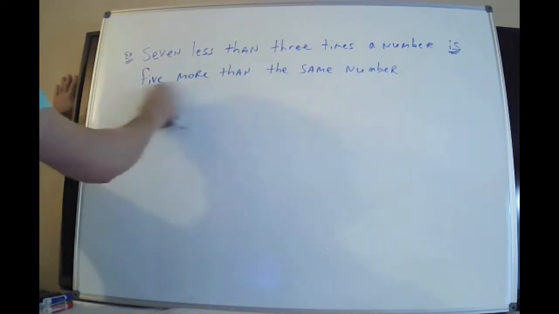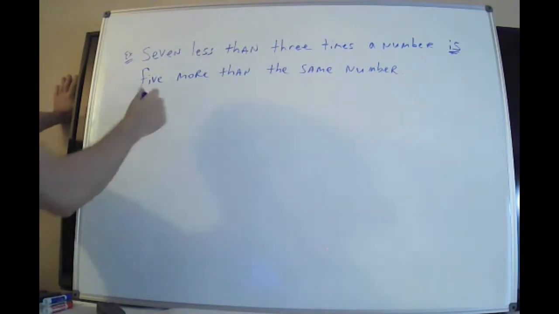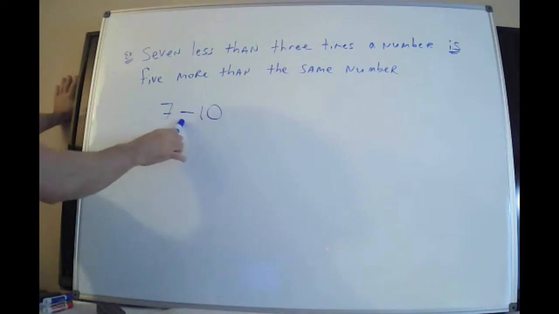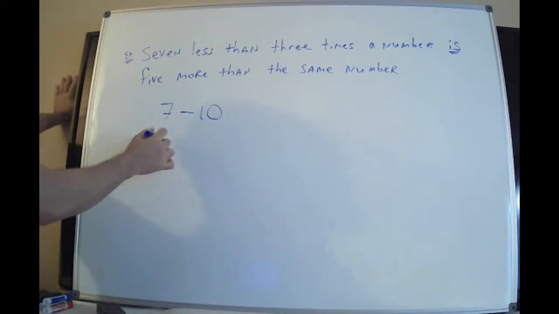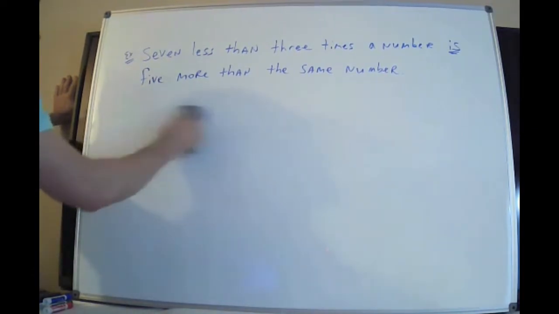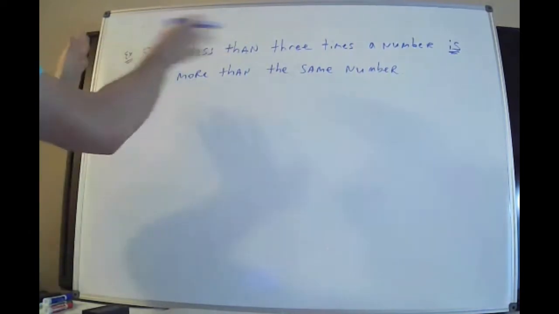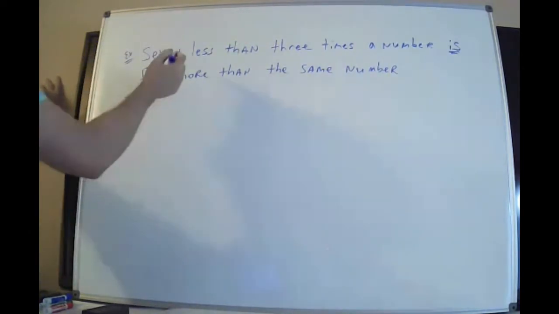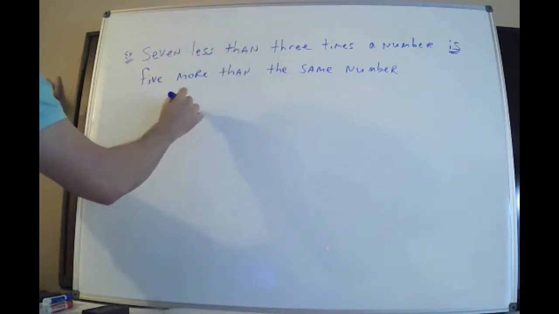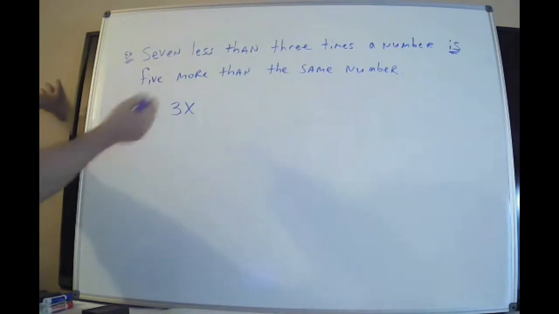Like if I told you to do 7 less than 10, and you wrote this down, this is not 7 less than 10. 7 less than 10 means you start with 10 and you take 7 away from that and you get 3. 7 less than 10 is 3. It's not negative 3. So when you translate these, you have to be super careful. You don't always just go left to right and write exactly what you see. So if I want to do 7 less than 3 times the number, I have to start with 3 times the number and then take away 7 from that